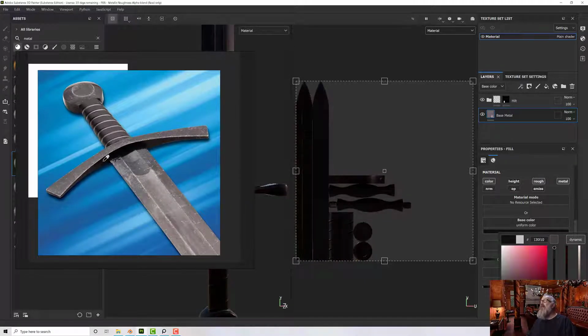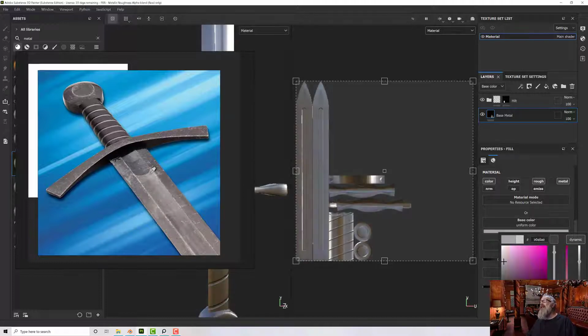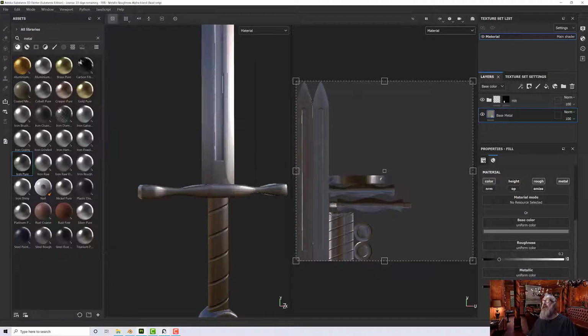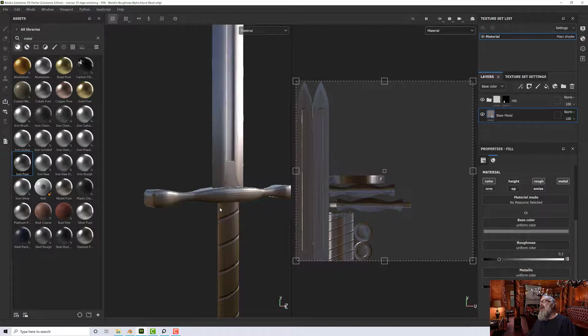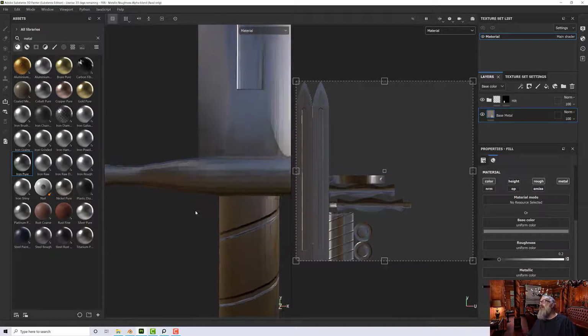So if I go into the very dark bits, it's going to be very dark obviously. If I go to the light bits, it's going to be very light. I want something in the middle, so somewhere in there I think. There we go. So let's just minimise PureRef, and there we have something close, but it's too shiny,